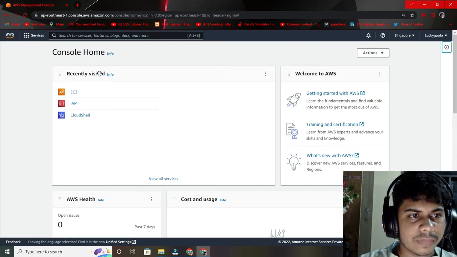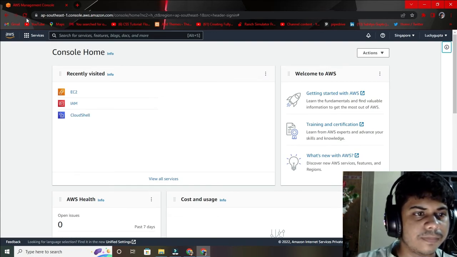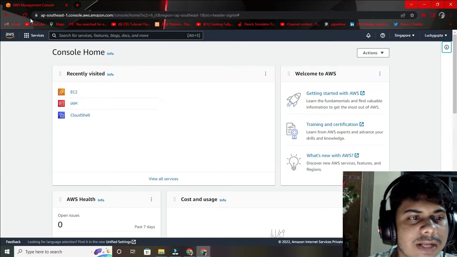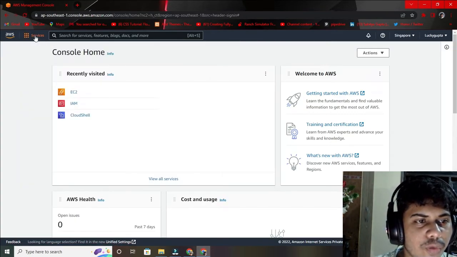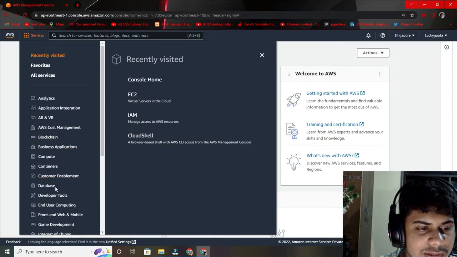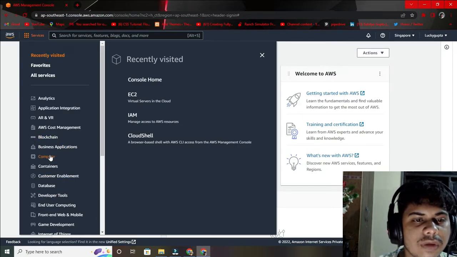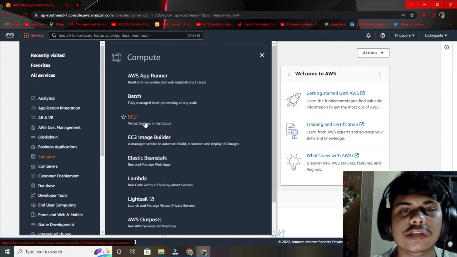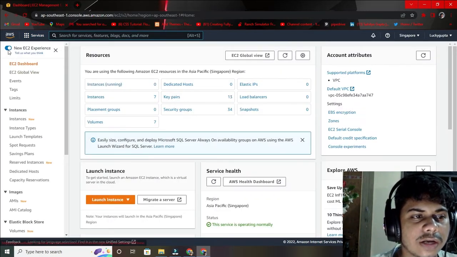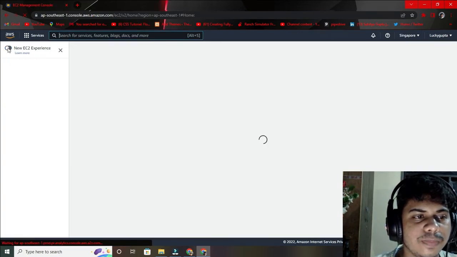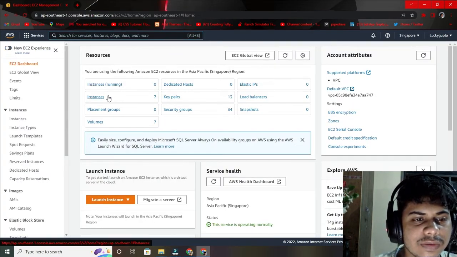This is your AWS dashboard. So first of all, open this service, and here you can see compute. In this compute there is your EC2. You have to click on this EC2, and don't forget to click on this, because now this is, let me